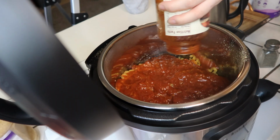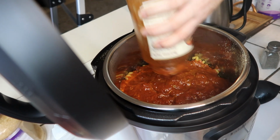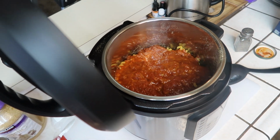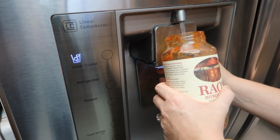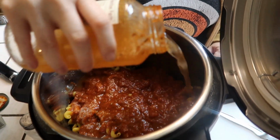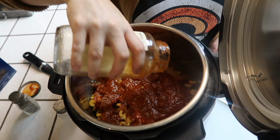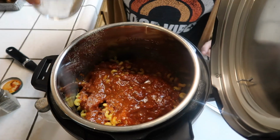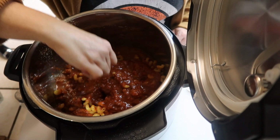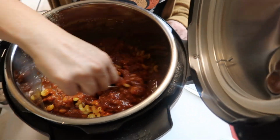And then when that is done, you're going to want to fill that jar up halfway with water. Again, no measuring really. This is just an easy recipe. So just fill it up halfway with water. The key here, you guys, is to make sure that all of the noodles are submerged in liquid or sauce. You do not want any dry noodles sticking up, so I'm using the back of my spoon and just pushing